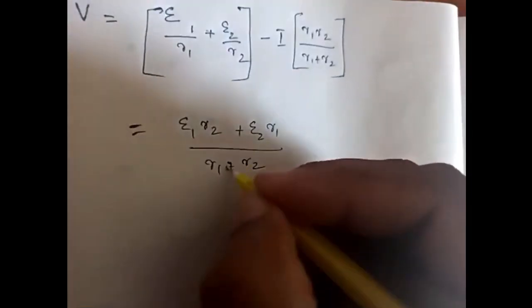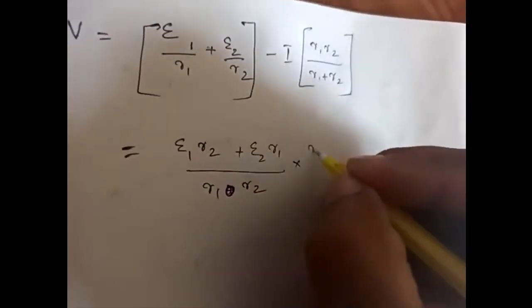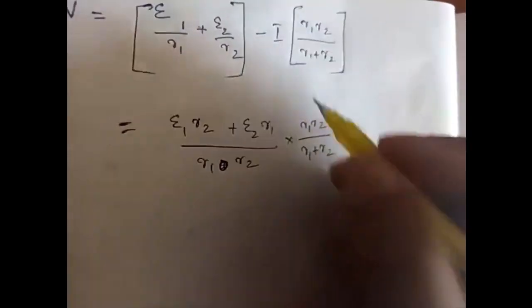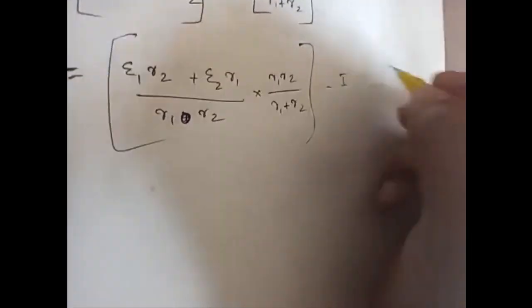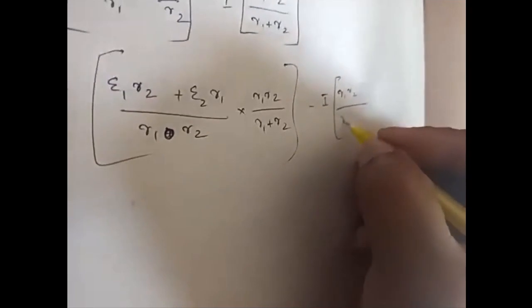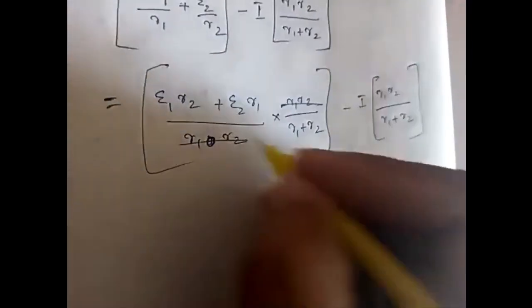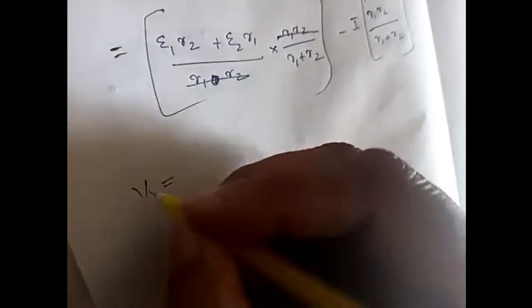R1 R2 will be multiplied with R1 R2 by R1 plus R2 minus I into R1 R2 by R1 plus R2. This will get cancelled. So V will be equal to